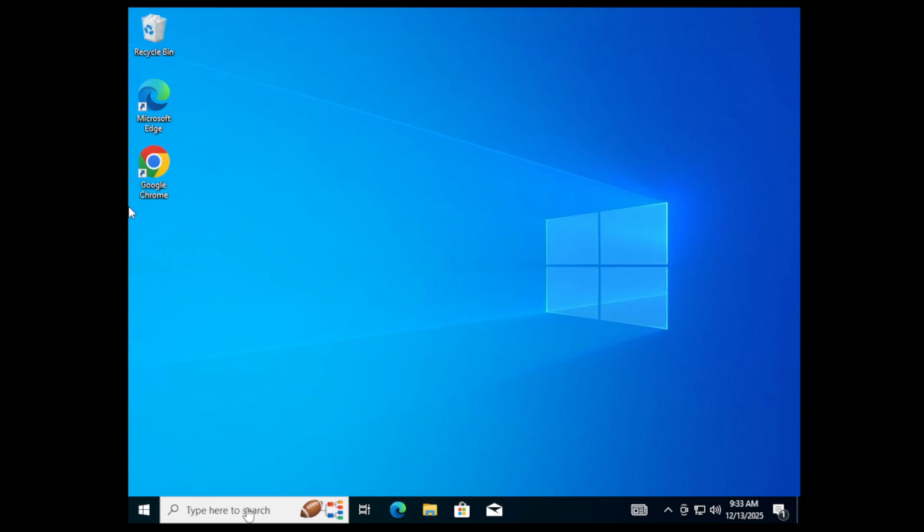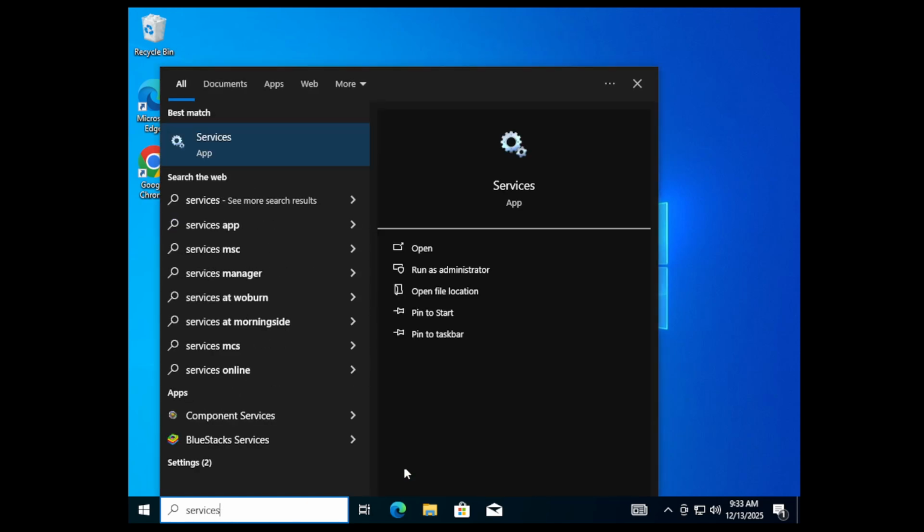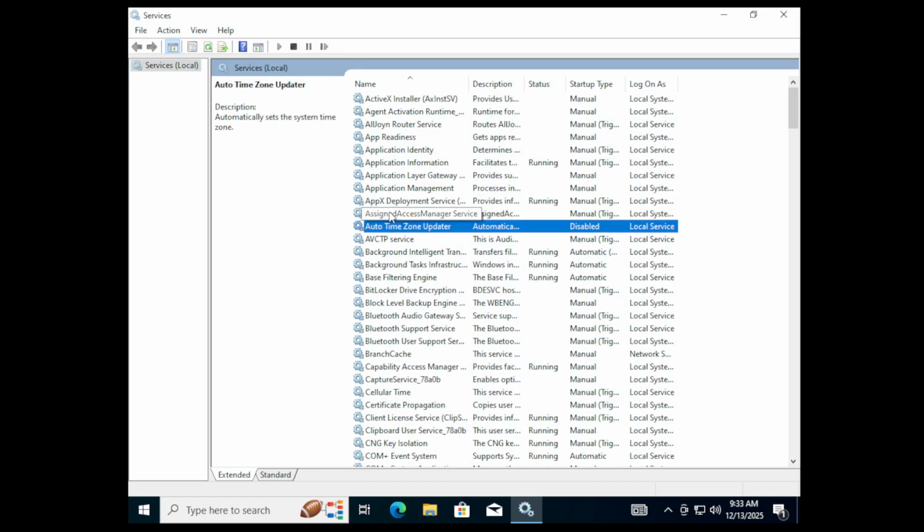It's very simple to do. All you have to do is search up services and open up the Services app. And to disable the Windows updates, all you have to do is go to Windows Update at the bottom, or